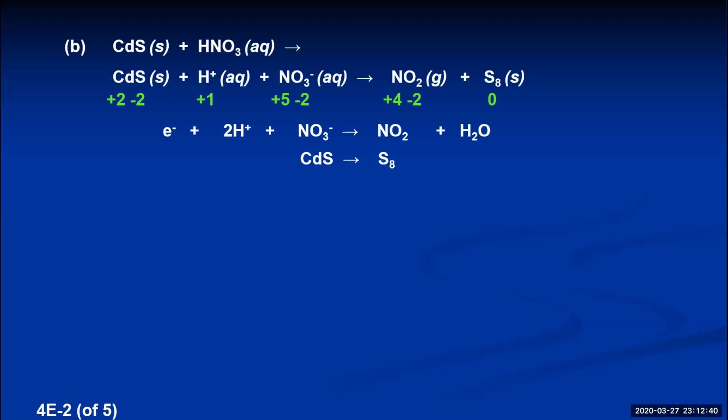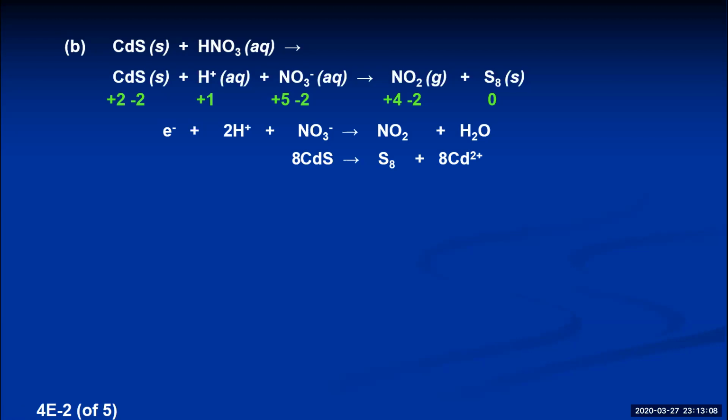So we have to balance the sulfurs by putting an 8 here, and then that gives us 8 cadmiums on the left side, and there aren't any cadmiums on the right, so we're just going to have to add them to the right side, but we have to keep them in their same oxidation state. In this ionic compound, cadmium ions are positive 2, so when the sulfides turn into sulfur and they disappear, those 8 cadmium positive 2 ions will just float off, and so you just write 8 cadmium positive 2 ions